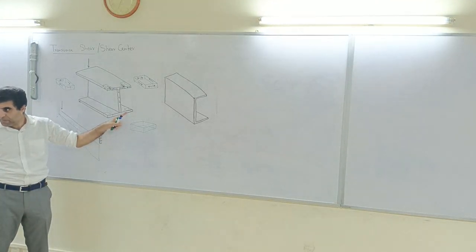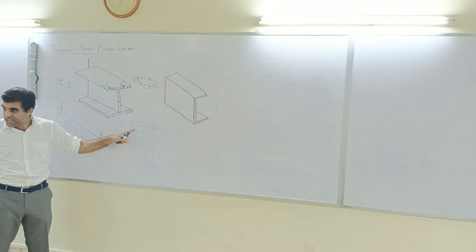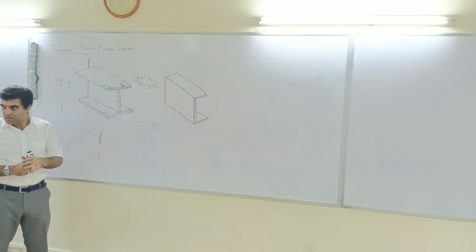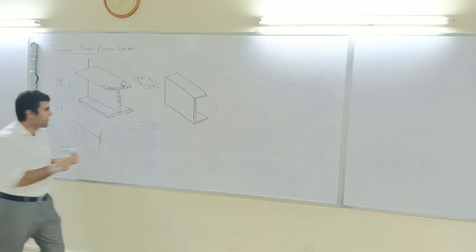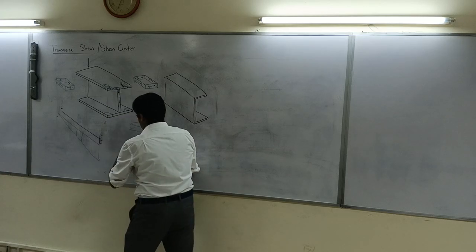Agree? So if that compression force is bigger, then which direction should I apply my load? Away from the support. So in other words, what I am saying is that